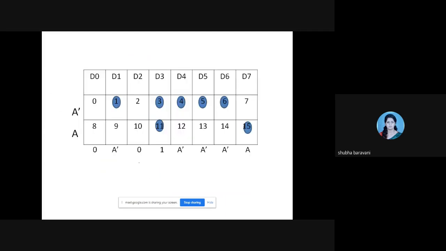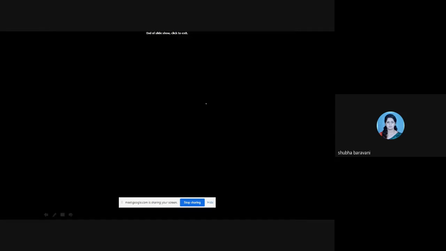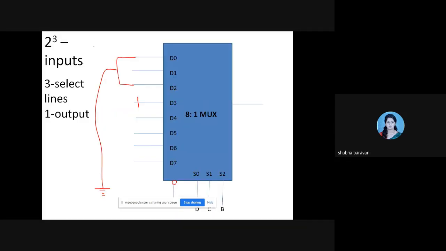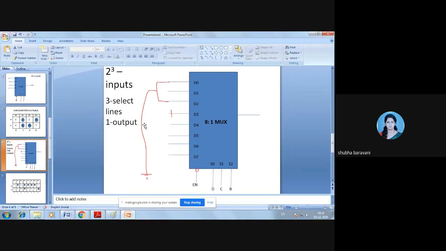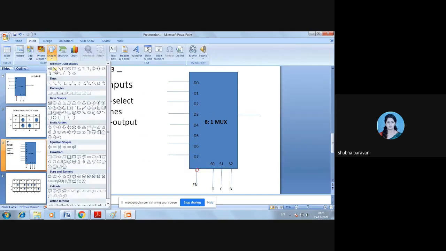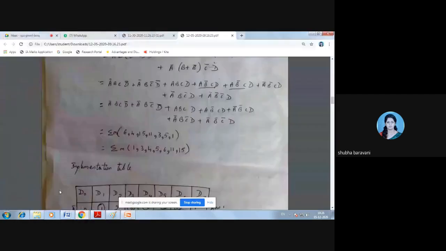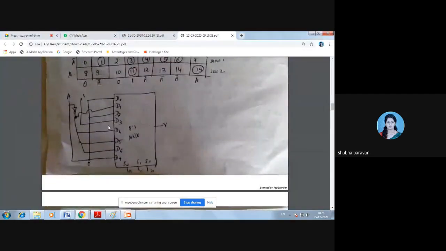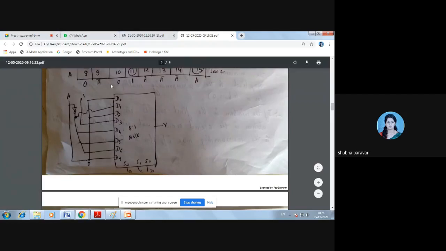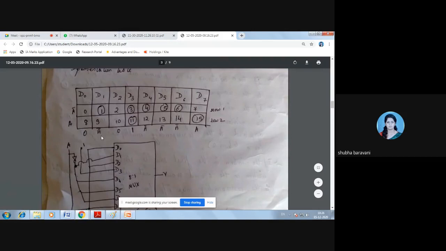Next, see D1, D4, D5, D6. Else I'll go to the PDF. See, I've implemented it here. I have taken A: uncomplemented A and complemented A bar.